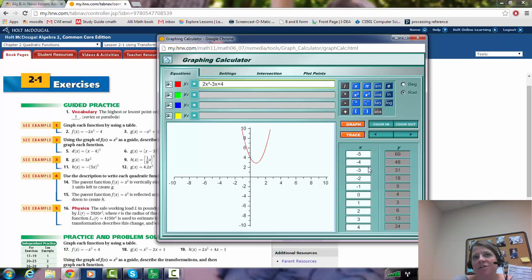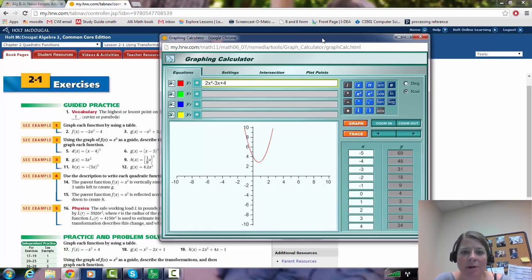You have to understand that anytime you're asked to graph, making a chart works. That's the one way that always works for any graph. Graphing calculators are great, but they have to be in specific form y equals. That's hard to do. Or f of x, or function notation. So I'm going to kind of move this to the side, and I'm going to look at your homework here